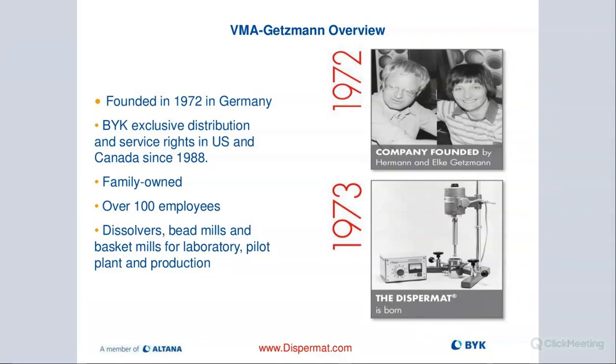But BIC has had the exclusive distribution rights here for the US and Canada since 1988. The business is still in family hands. It's run by the two sons, Christian and Martin Getzmann. They have over 100 employees and they're a global company. They really have a presence all over Asia, North America, and of course Europe, as well as Africa. They're known to make high-end dispersers, dissolvers,